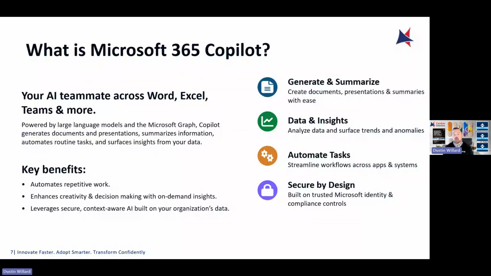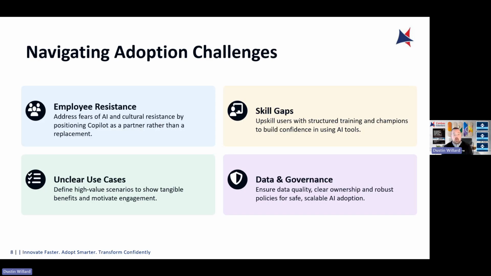And that's one thing I just want to call out. There used to be security by obscurity in SharePoint. You may never have gone to a file. Well, if you have permission to it, when you ask the question, it's going to take that into account. So there's just something to keep in mind that security is very important around this. And that's what they address a lot later on in the presentation, in the Ignite announcements and so on. So with that, we'll jump over to navigating adoption challenges.